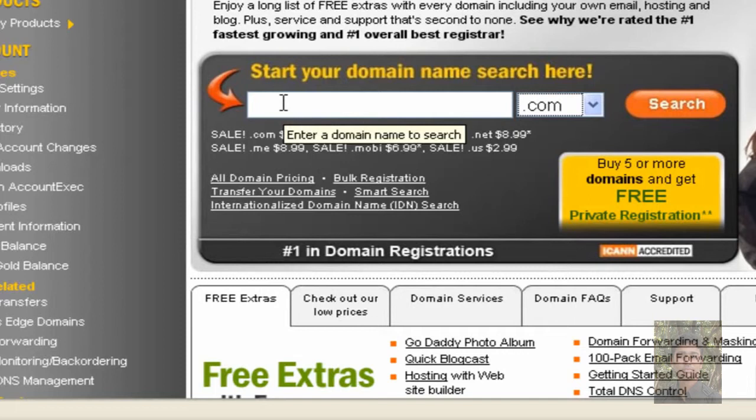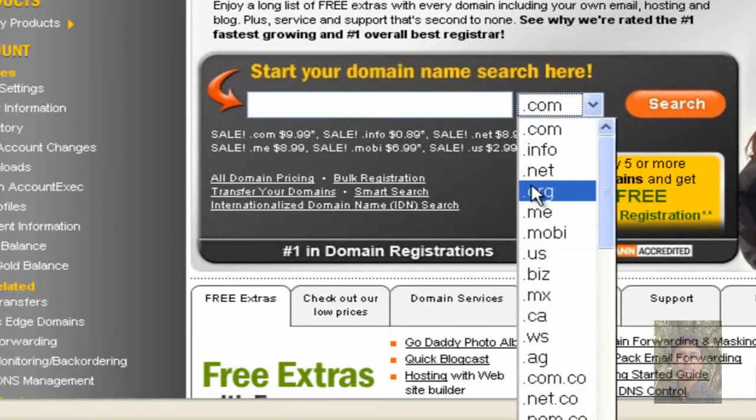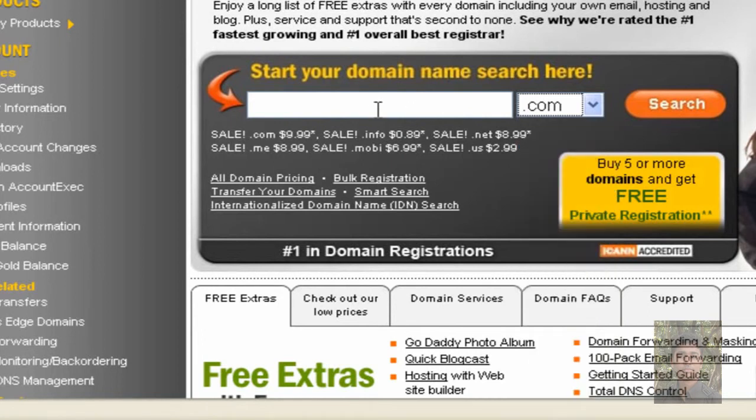If you really love your keyword, then you could more than likely get it in other extensions like .net, because not so many people are using those, so you're more likely to find the keyword for your actual website. Okay, now a domain name can consist of 56 characters, including the www and the .com or .co.uk. So that's actually quite a lot. If you really think about how many that is, that's quite a lot. So you can have a domain name, but it cannot exceed 56 characters.